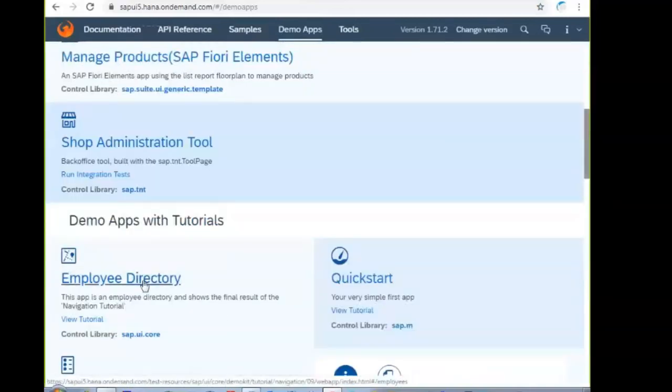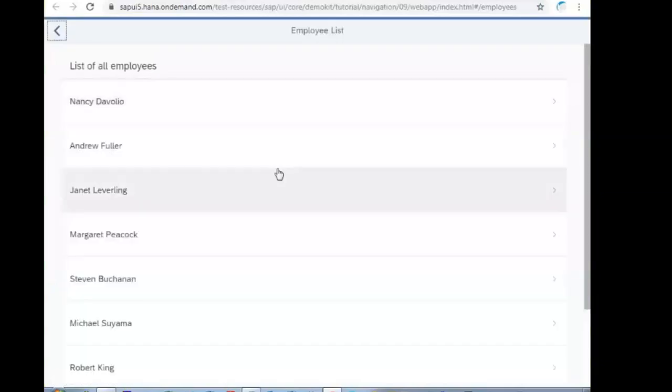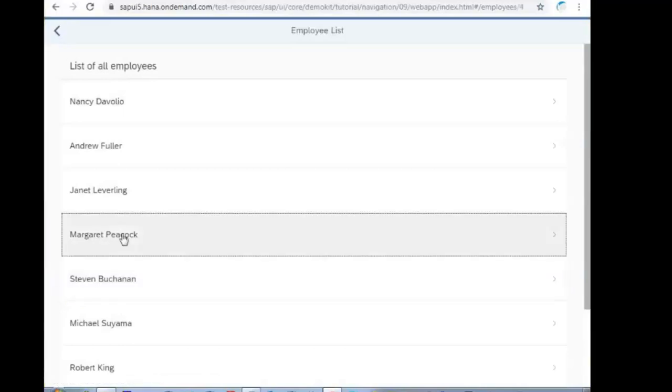This application is built on the worklist template. Worklist means a list of work items where you can have two views and also navigation between the two views. Here the list of employees is shown and I can navigate into the next view.